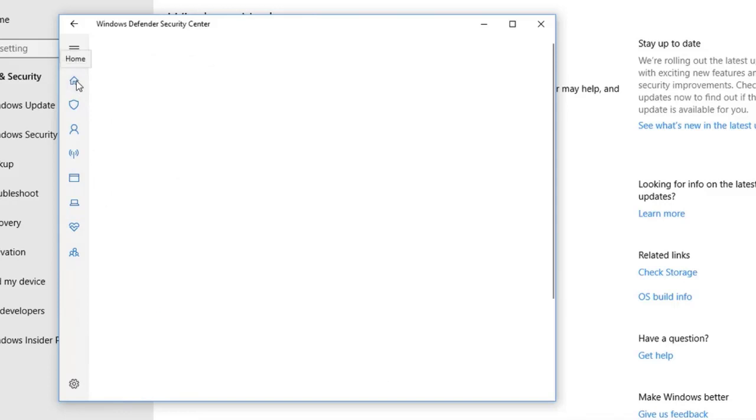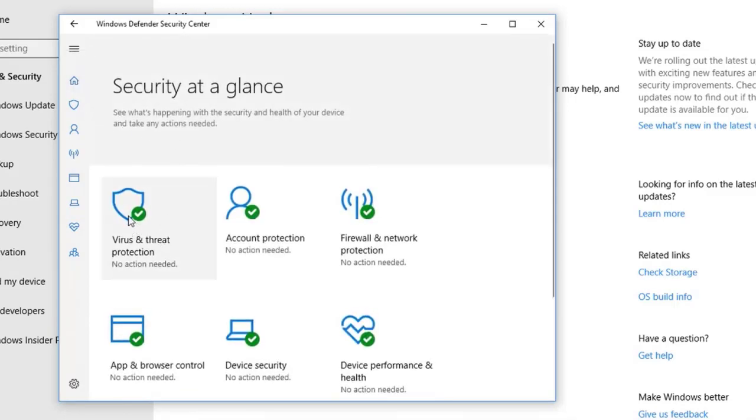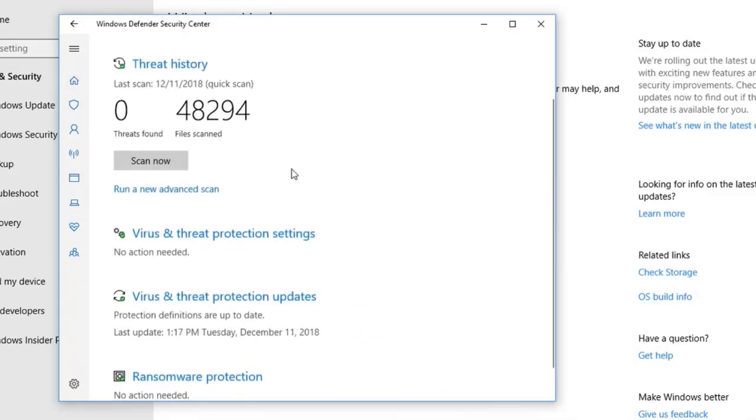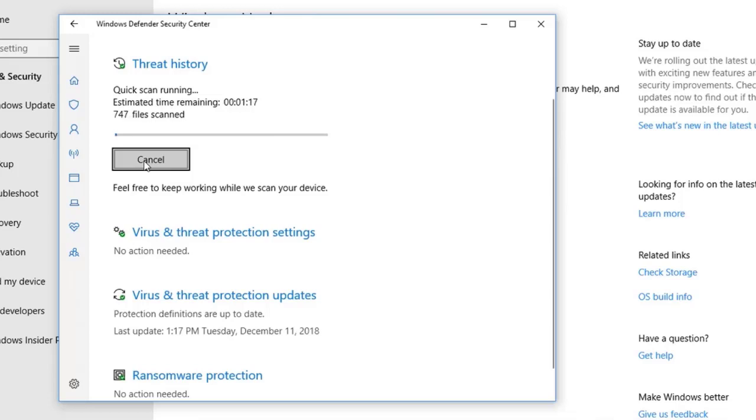So let's go back to home and have a look at virus and threat protection. And this is the threat of files and folders on your system. And the first one is the number of files that have been scanned. This has been a fairly recent scan on my system, but you can then select scan now, and it will then